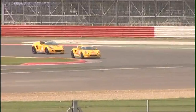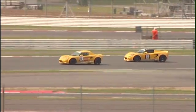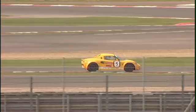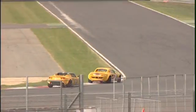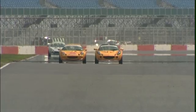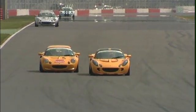Back to the fight for production class honours. It's still Ken Savage, although Steve Quick is appreciably closer. In the back of your shot, you could see the silver car of Emma Selway coming into play. Yes, there is Emma. So Emma Selway, third in production class, and homing in on the two drivers who are so busy fighting for production class honours that they're actually slowing themselves down and bringing Emma very much back into contention as Steve Quick takes his turn to challenge Ken Savage as they run along Wellington Straight into Brooklands and